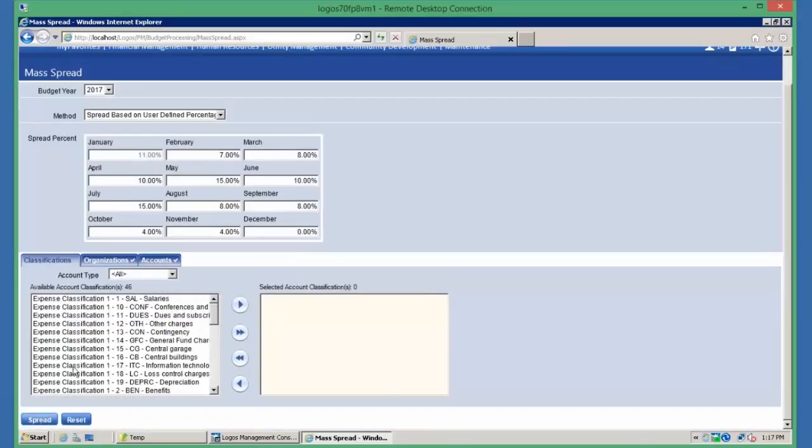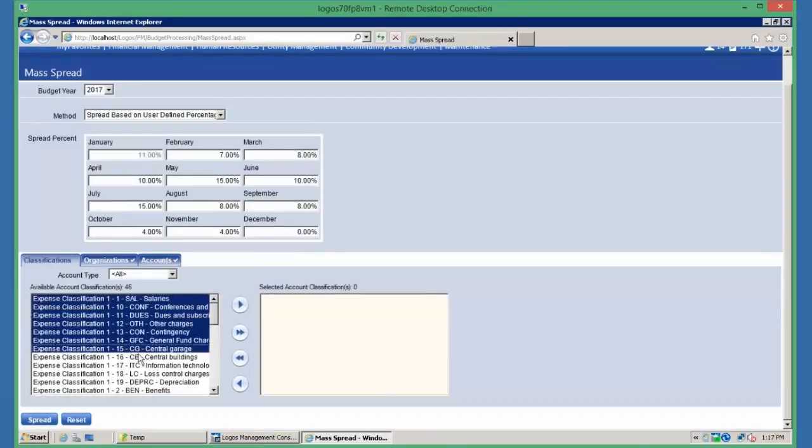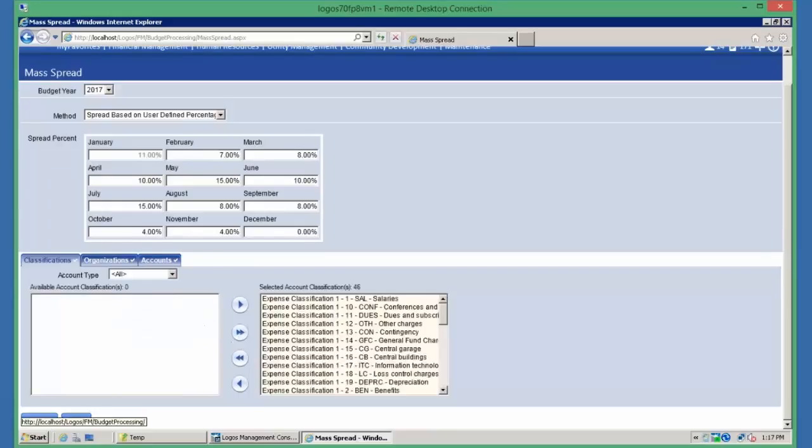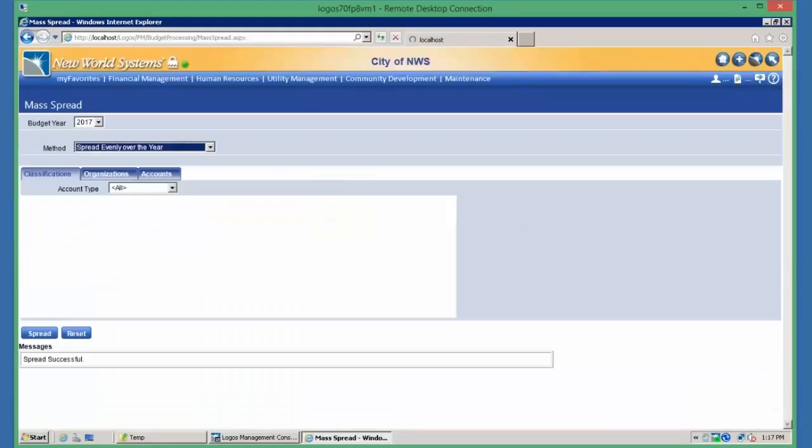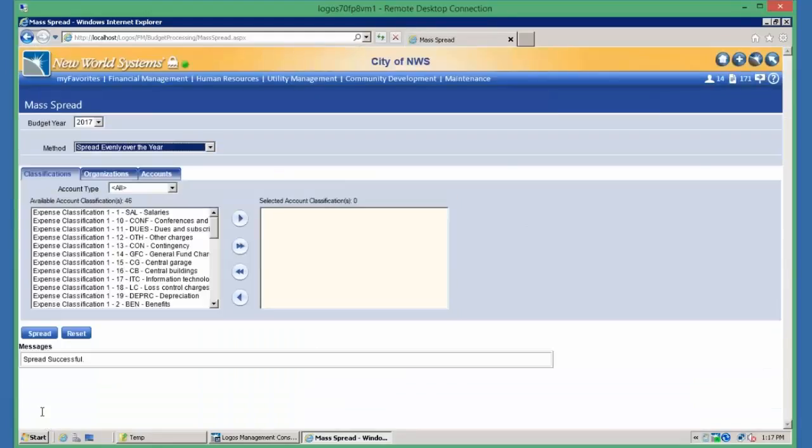And then after you have that ready, you have to make sure to have items selected. Looks like it's remembered all of our other selections here. And you'll see these little check marks appear on the tabs once you've actually made selections. So you have to have something selected in all three of the tabs, because these are all combined filters that all work in tandem with each other. So we hit spread, and then that applied the spread that I set up